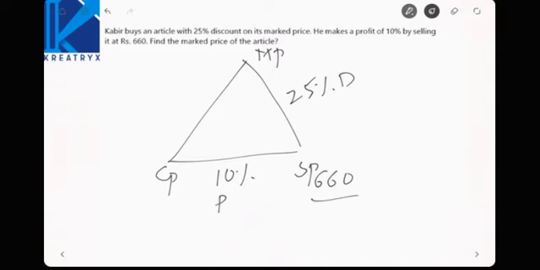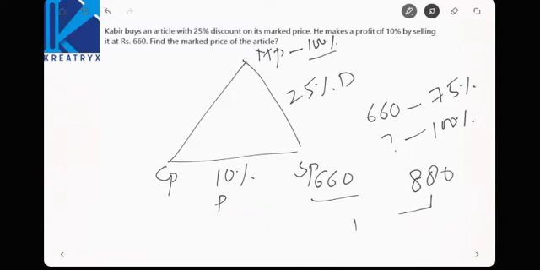See here, this 660 is the price given after discount. Then if market price is considered as 100%, the selling price will be how much? 75%. Now what is the 100% value here? That will be equal to market price. Easy calculation, right? 660 divided by 75 into 100. Now market price will be equal to 880. You can find out the cost price also by this 10% profit, but we need only market price here.